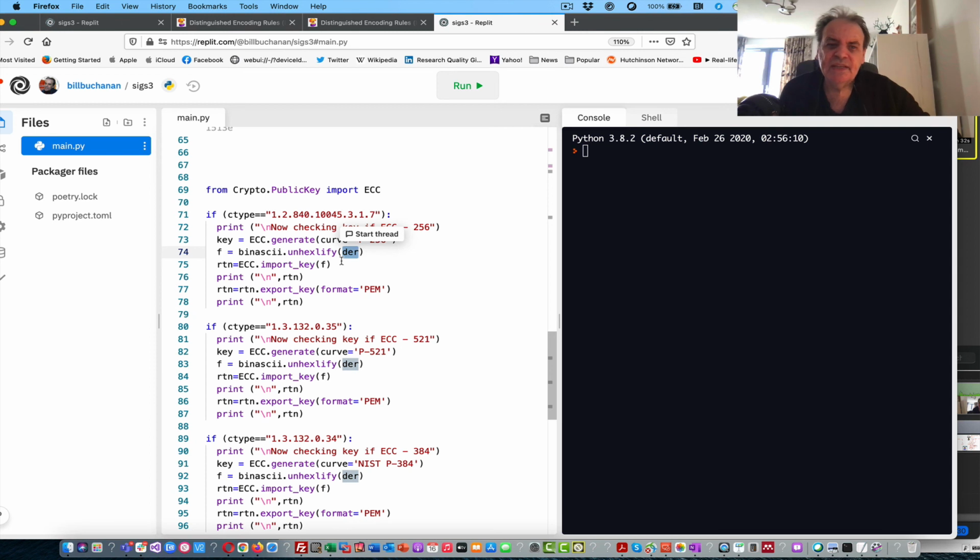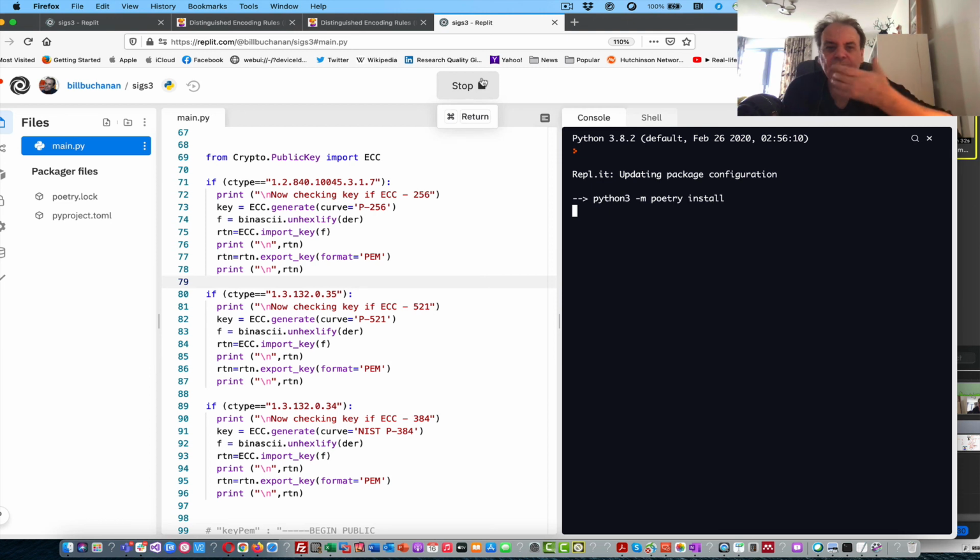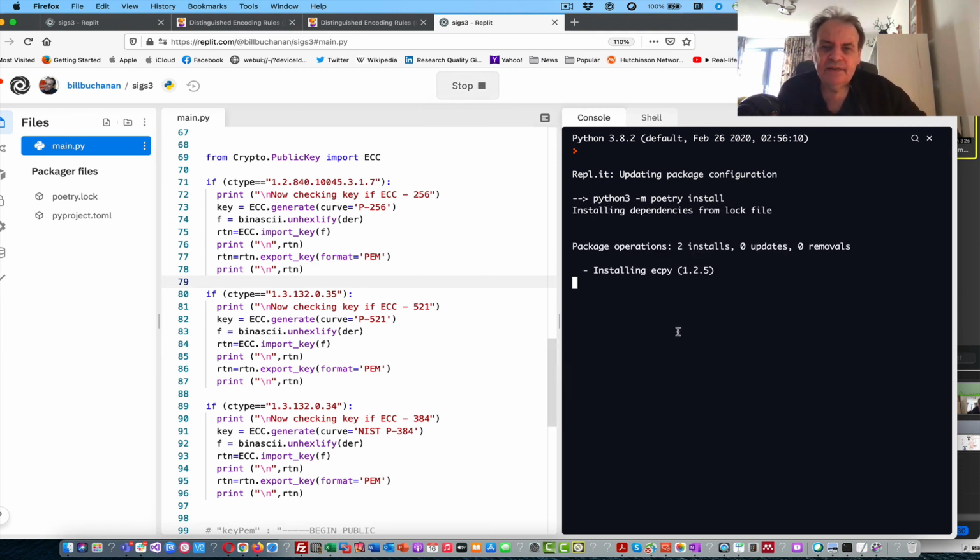We take the hexadecimal string, convert it into bytes, and we can import that key into there and just check it. Then, as I said, we can then export that key into PEM format, so we can easily go between PEM and DER.